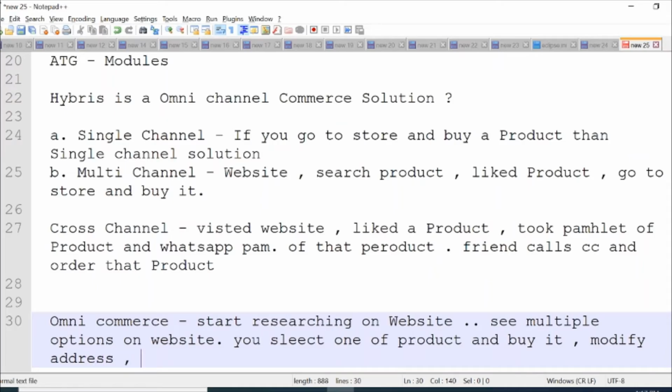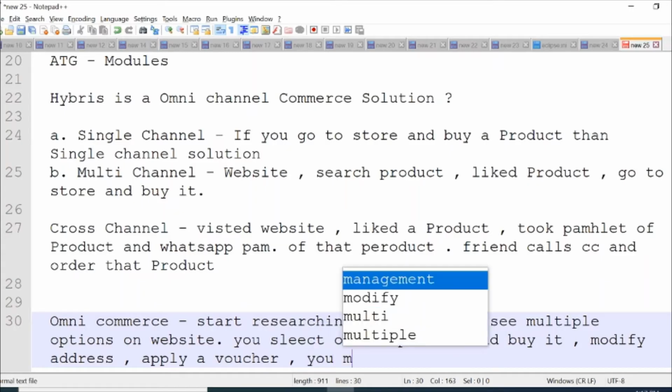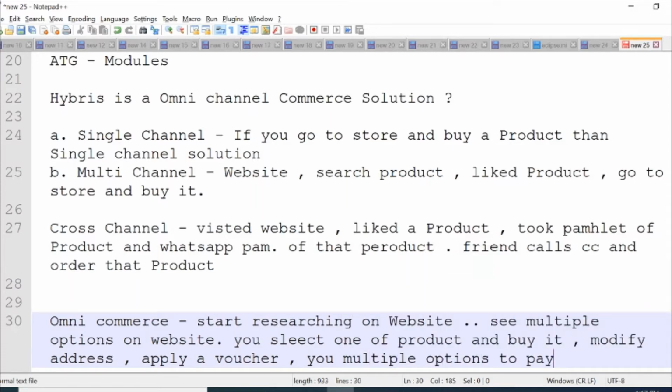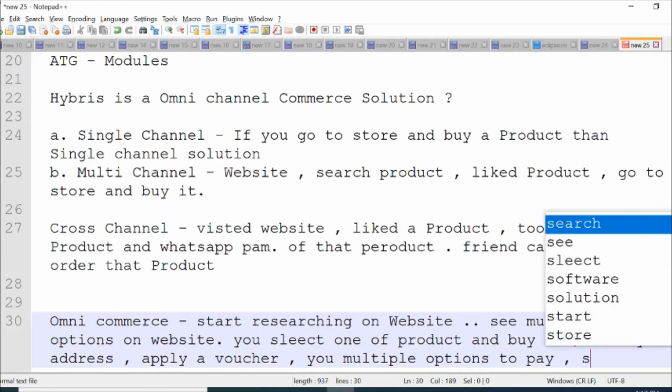And when you go to the final checkout page, you apply a voucher. When you apply a voucher, you get a discount. And then on the checkout page, when you have applied the discount and added the address, you go to the payment section. In the payment section, again you have multiple options to pay, like net banking, or you have the option to pay later. So there are multiple options. You select one of the payment options.